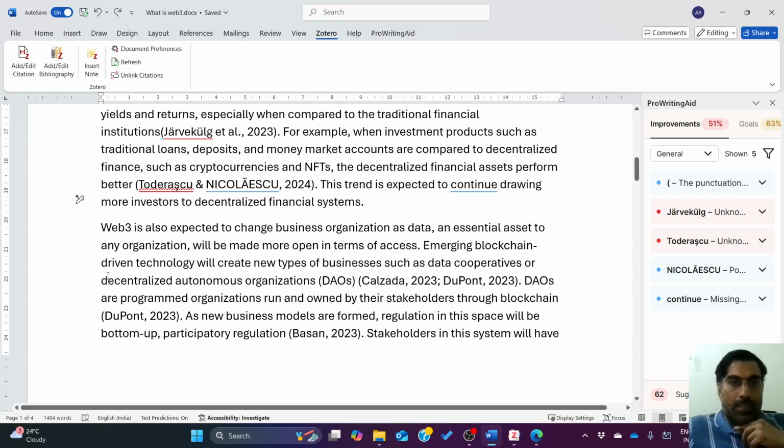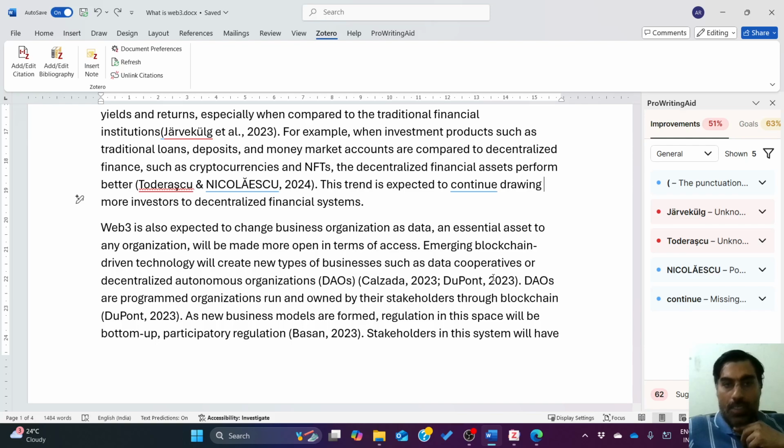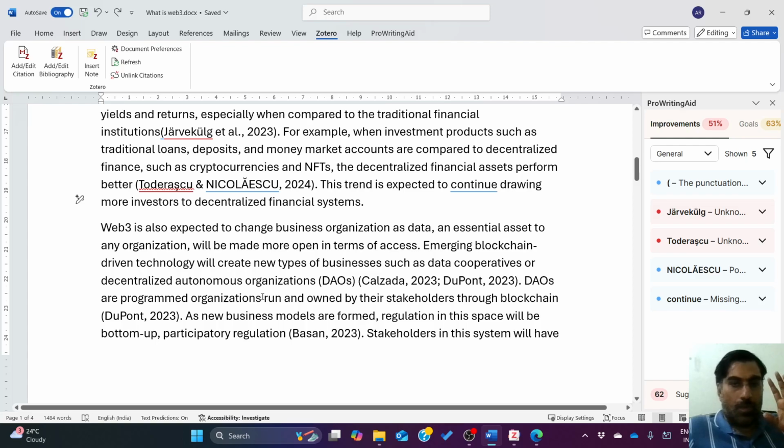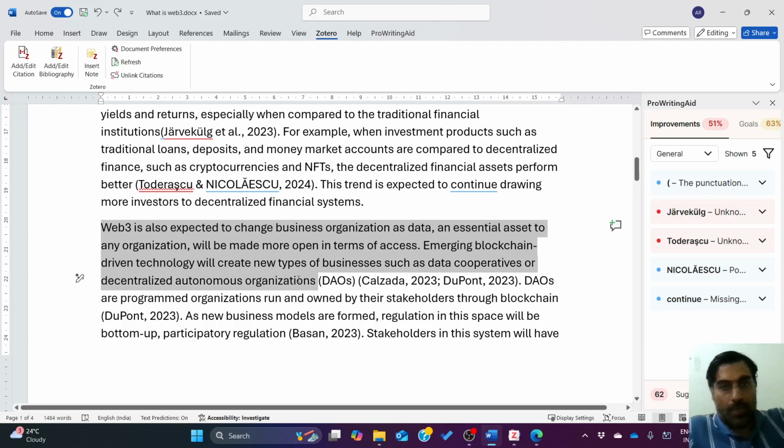Emerging blockchain-driven technology will create new types of business such as data cooperatives or decentralized autonomous organizations. So based on your paragraph, select the proper keyword or select the full paragraph, Control C,